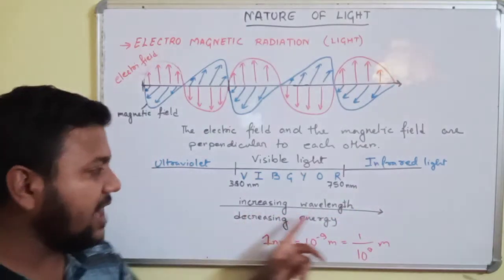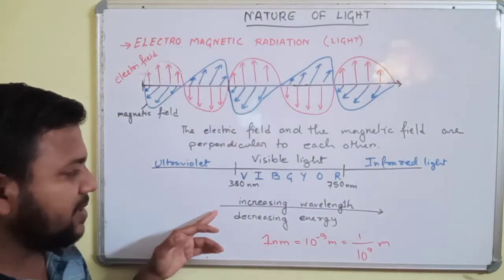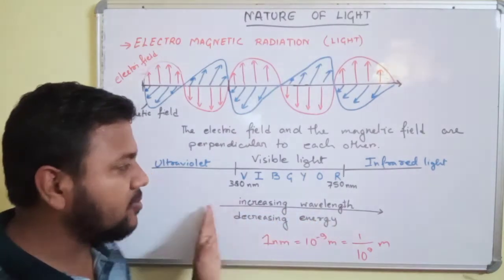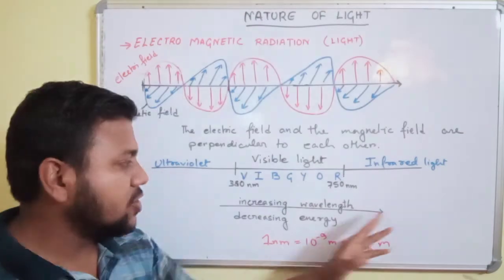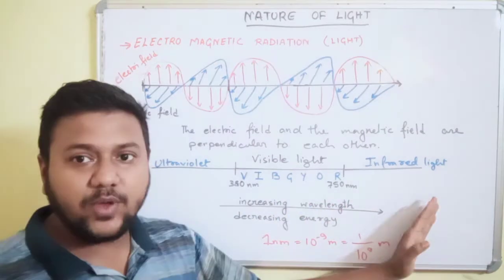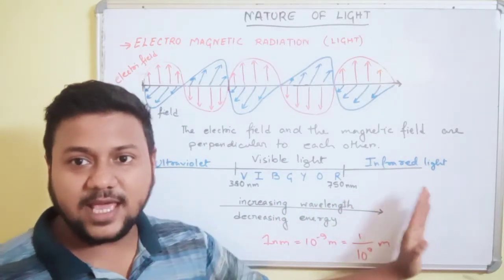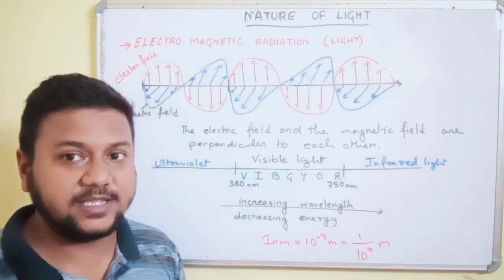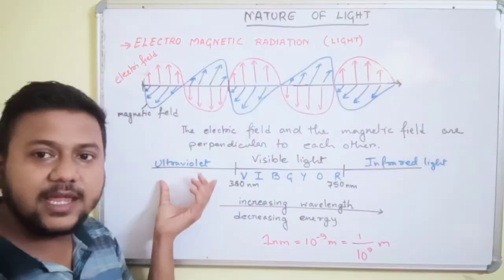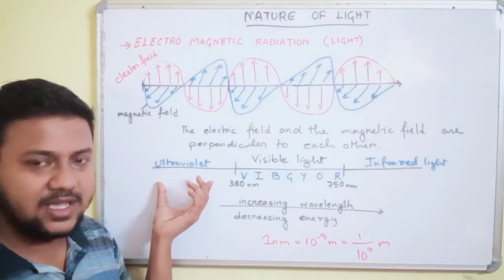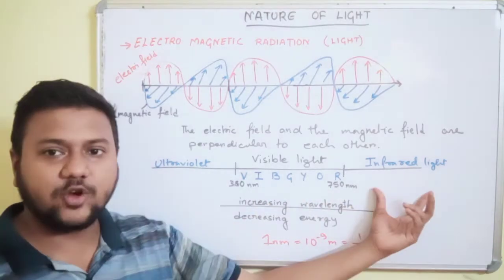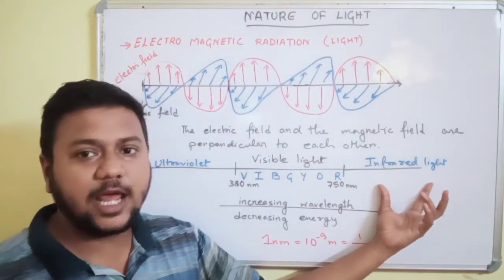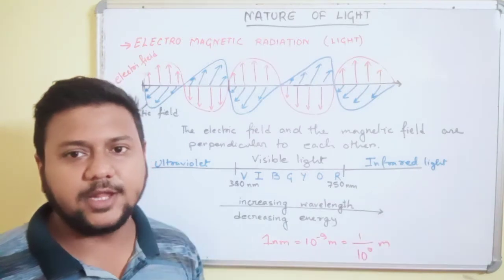We can see this arrow, we have made increasing wavelength from left to right. So the wavelength increases. We know with the increase in wavelength, the energy of the wave decreases. So ultraviolet light will have a maximum energy compared to the visible light and the infrared light, and among these, infrared light has a minimum energy.